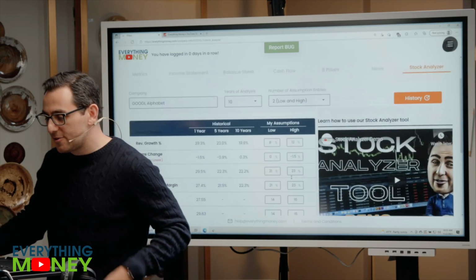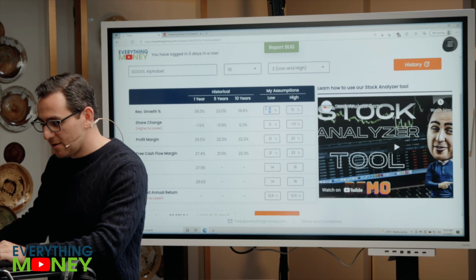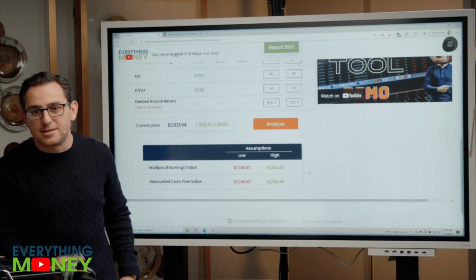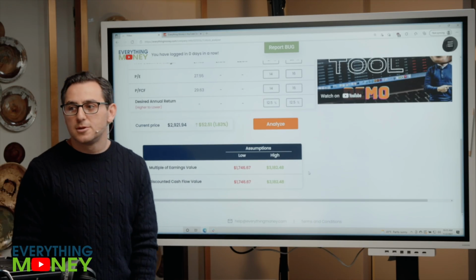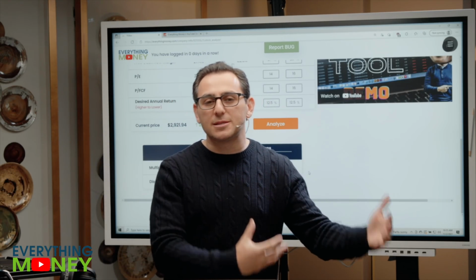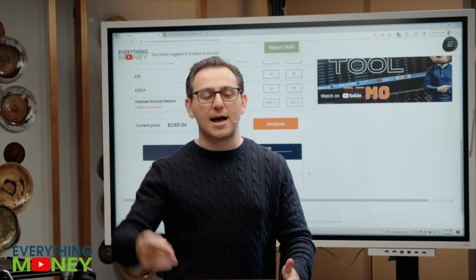Now, guess what? Let's go change those assumptions just slightly to the more aggressive numbers. Very aggressive. It makes more sense in the high level. So that's what it is. It's about making these assumptions. But if you don't care about the numbers and the fundamentals and you just want to trade the stock, Mo,